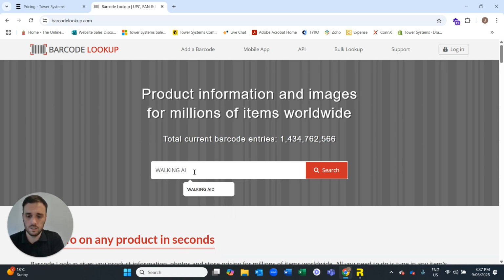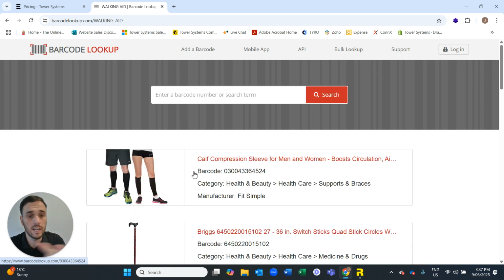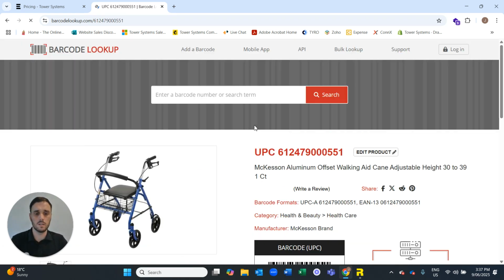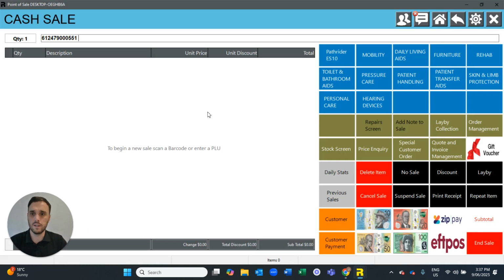I'm just going to type in walking aid. Normally you don't have to go to this database. I'm just copying a barcode from there. So I'm just going to bring up this item here. I'll just copy this barcode. And if I go back to my retailer screen and scan that barcode in at the point of sale,